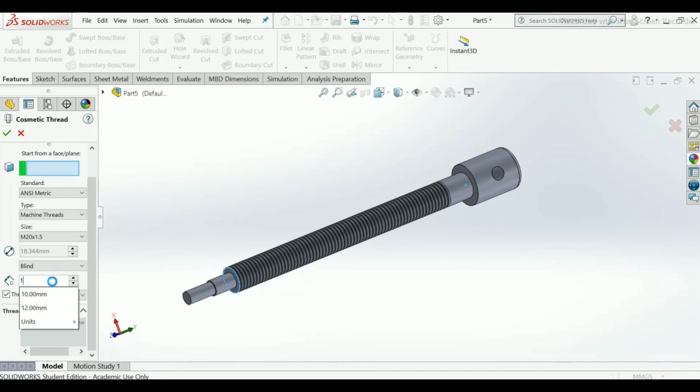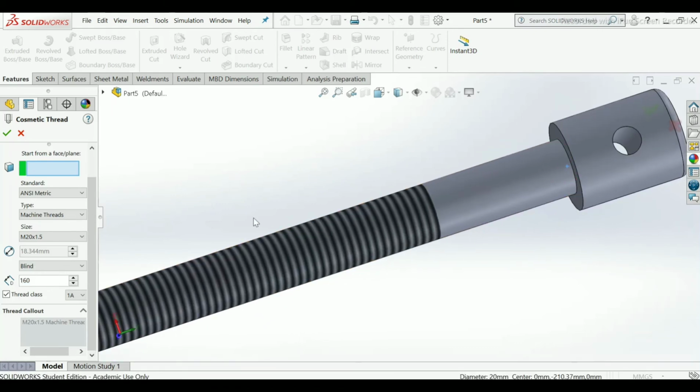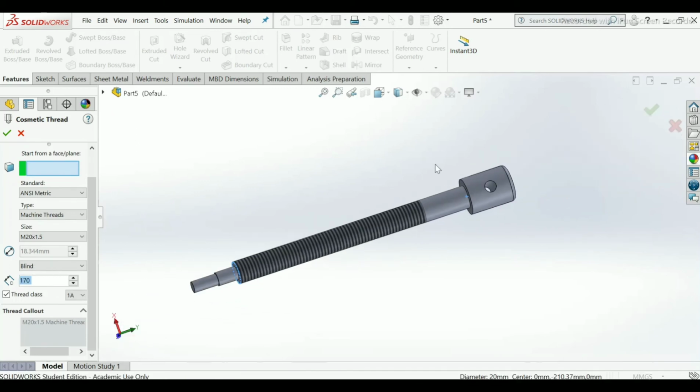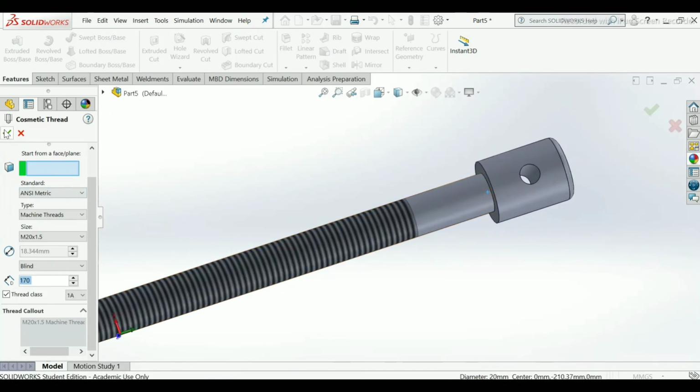Or you can give 180 mm. I think it will be 160. Or you can give 170 also. Click OK.